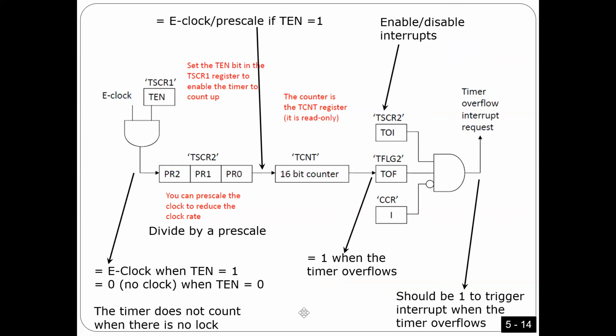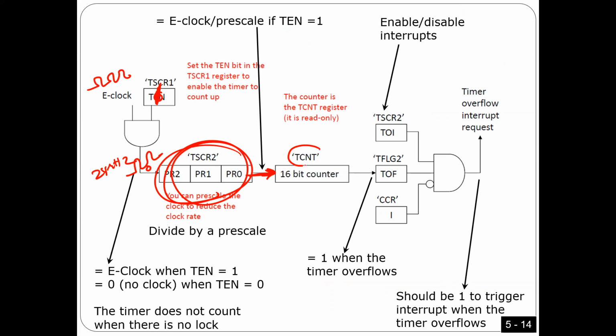So what we have here, this is the clock, and this one can control: do you want counting or not? If you put 0 here, I'm going to get 0 and no counting. If I put 1 here, I'm going to get a clock. This clock is 24 megahertz, and I'm going to divide it by this value. Then I input it to the counter to count.